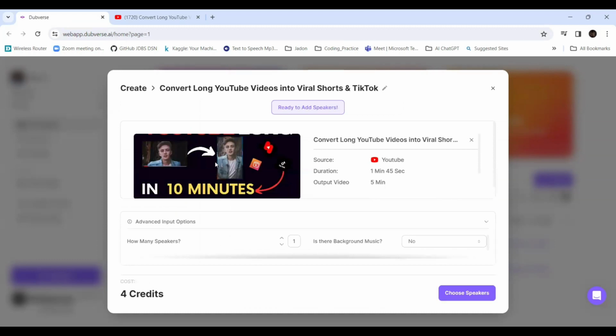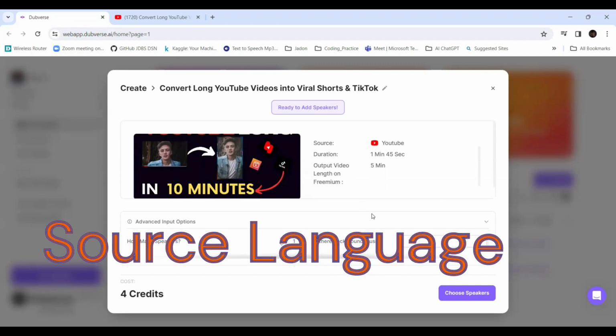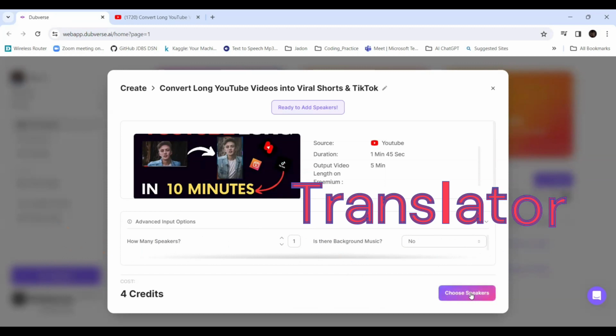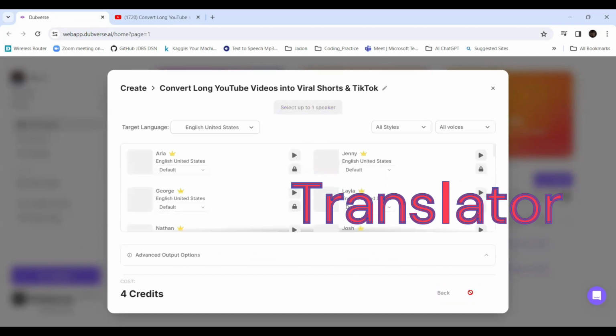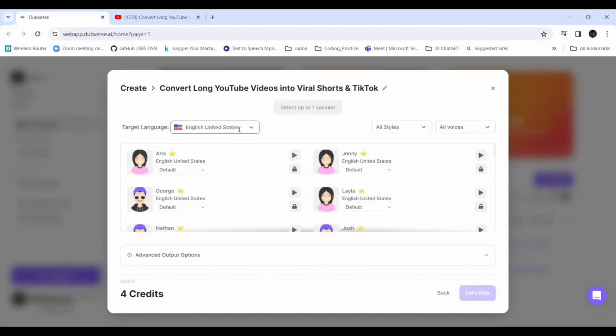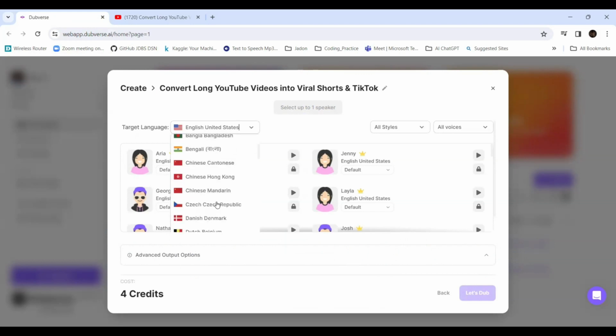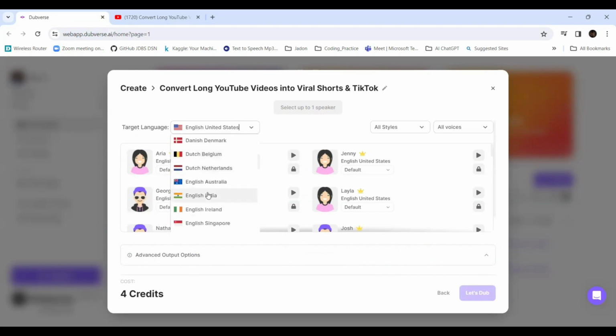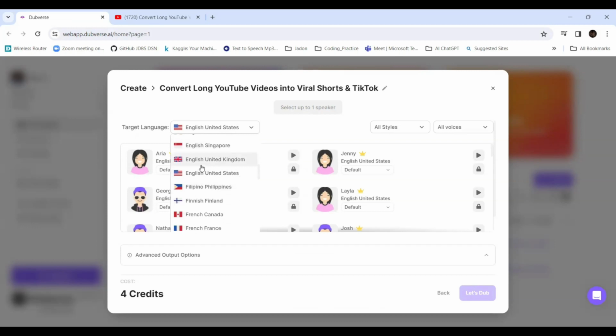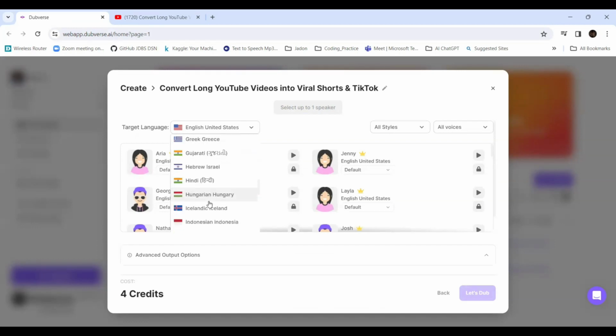Okay, so now it is ready. Now we need to give some more information, like we must select the language, right? And who should be the speaker. So here I am choosing the target language. There are a lot of languages, like you can see Arabic, Arabic Egypt, Bengali is there. English India is there, United Kingdom English, Finland French, like that. There are a lot of options. For better understanding, let me choose Hindi.